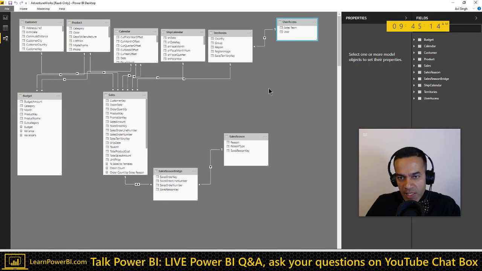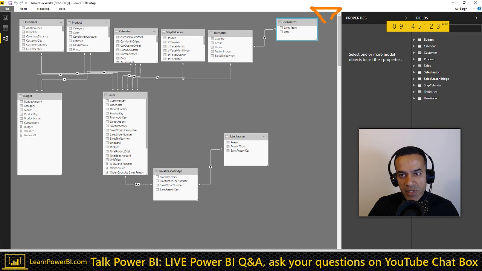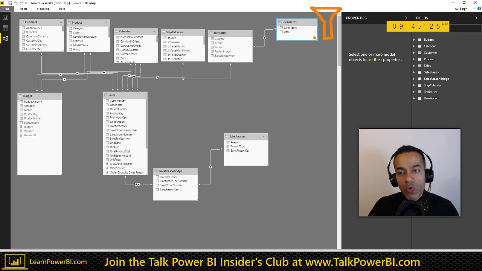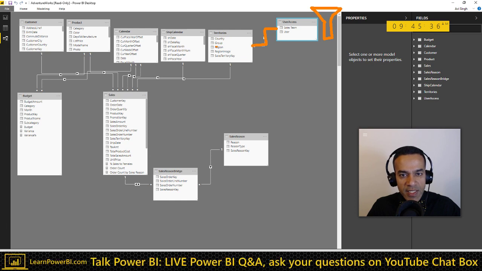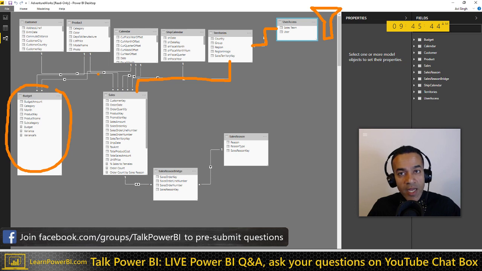So the user comes in, it says, hey, my email address is abc at contoso.com, and then it filters this table, right? So this table is filtered now, and that's the only thing it's filtering. And again, this is the table we sourced from HR. But then, because this has the right connection, it filters everything else. So it filters this, and since this is flowing to the sales table, it filters that. Now, if there is a table which is not connected to territories, it would not be filtered.